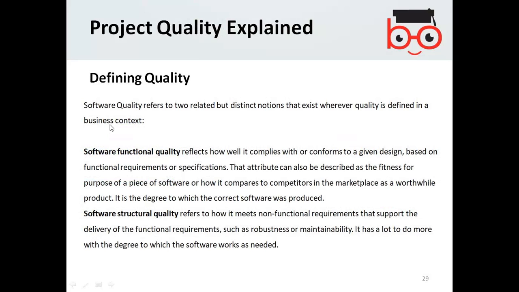Then we talk about the project quality. Software quality refers to two related but distinct notions that exist.